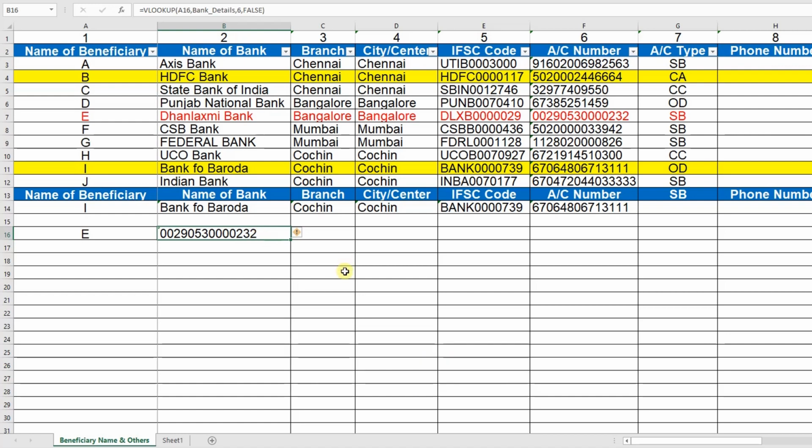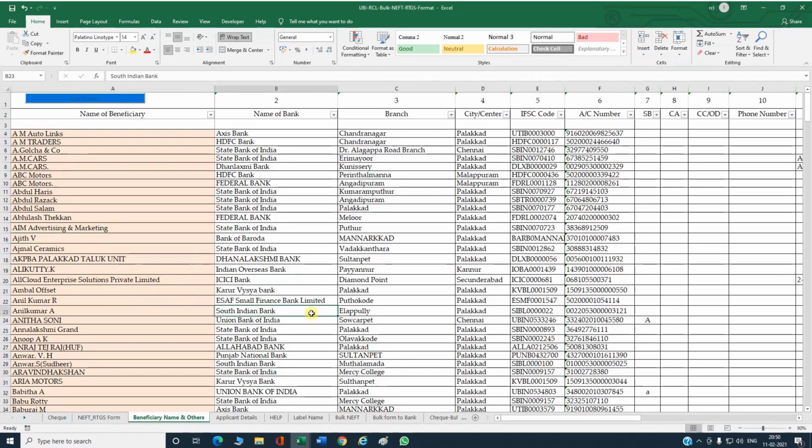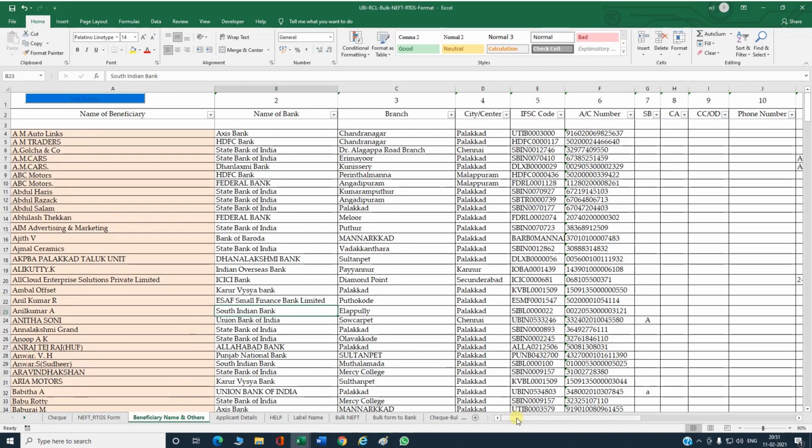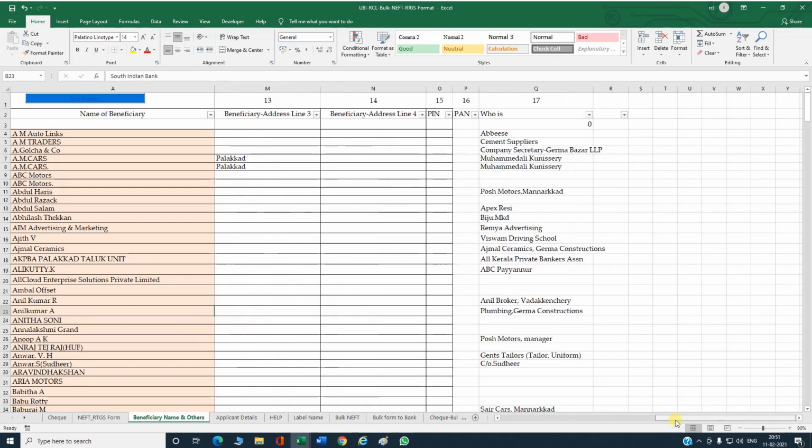I will show some files which were created using name manager. Those files have lakhs of data. See, this is a utility created with the VLOOKUP function. This is the data table. This is an NEFT or RTGS form that business people use every day. These types of forms and calculations, everything we can create by using VLOOKUP. Here all the beneficiary names, their bank accounts and everything is recorded.